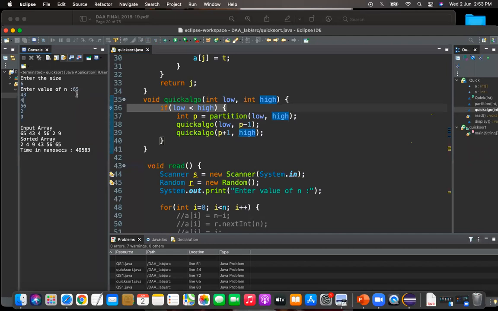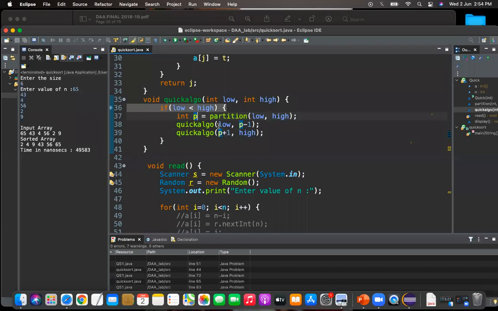I have given the elements like that. The partition function will divide the array into two parts based on the pivot element, and it will return that index value p, where the center of the array is. That partition function will return that p value.